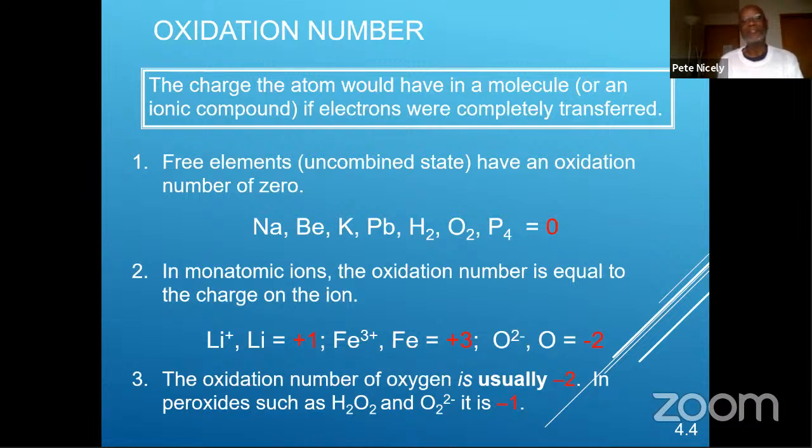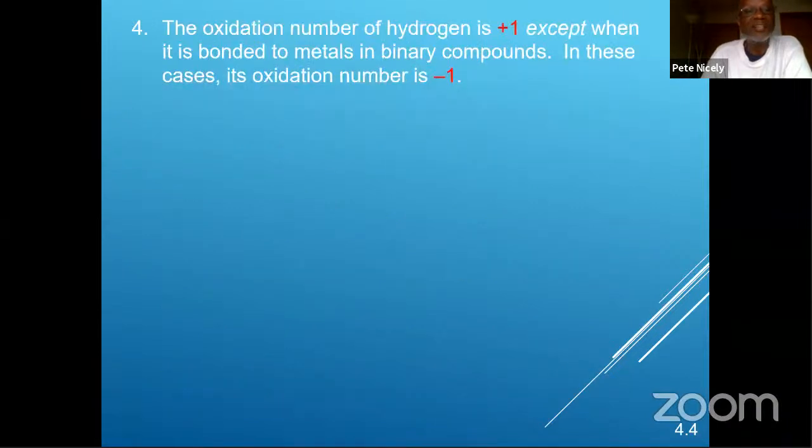So this is very important for you to realize. If the oxygen is combined with any other element, it is usually true that the oxidation number is -2. However, in peroxides, in those cases, the oxidation number of oxygen would be -1, all right? So that's rule number 3 in this list. And then rule number